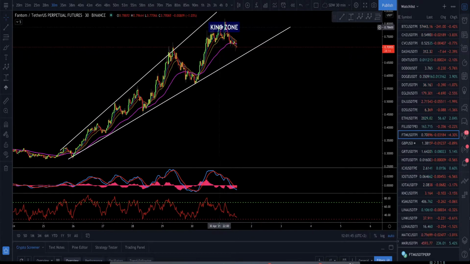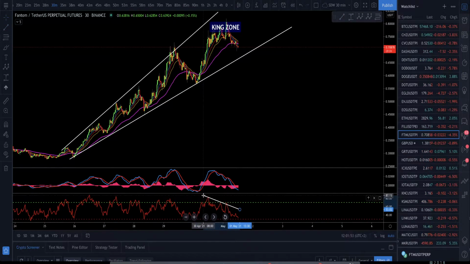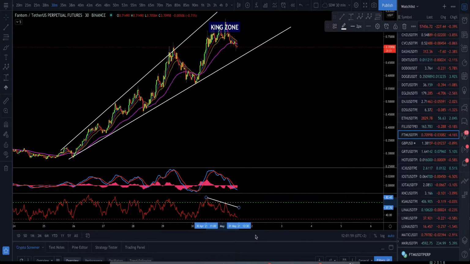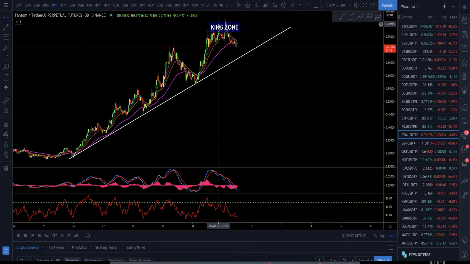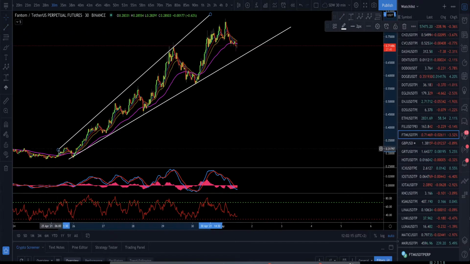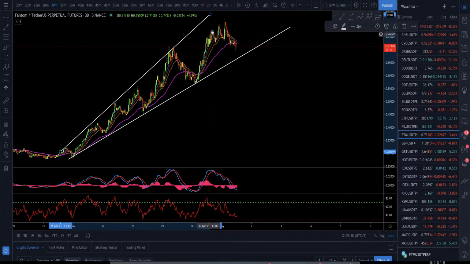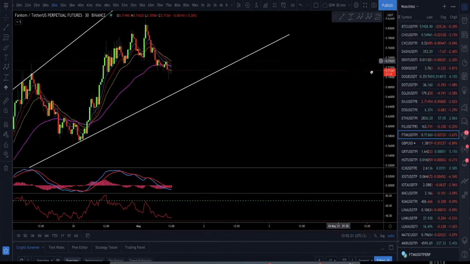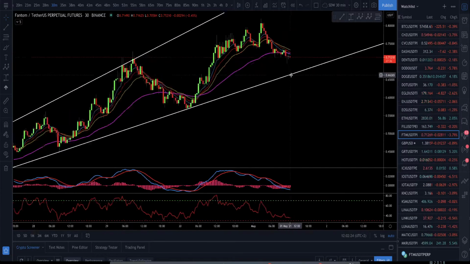So the king zone will always give you a great opportunity with the RSI divergence. Look at the divergence, guys. All the details are very important when it comes to day trading. Yeah, that way we can look for a trade in the king zone. And what I want to do is, this is 30-minute charts and a bigger trend line, right? So this is the king zone, but if you zoom into this, right, you can see